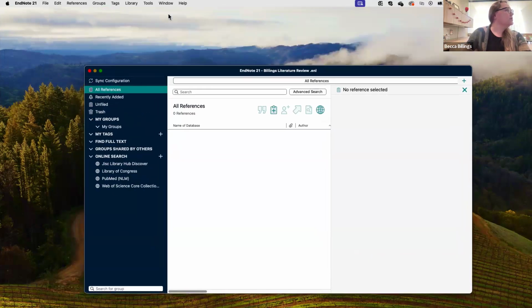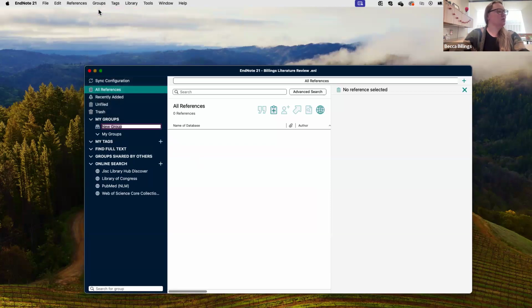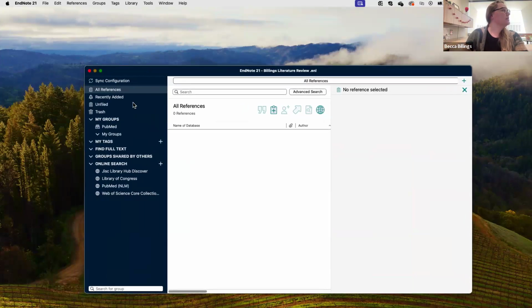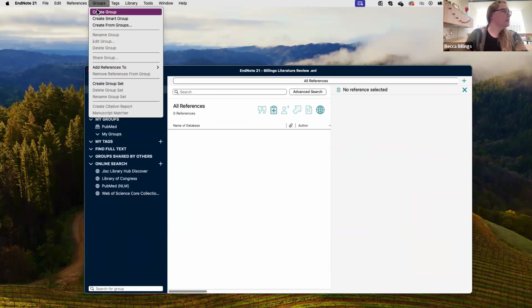Okay. Anytime I'm doing a literature search for someone, I have an individual EndNote library for each project, much like I do with a Covidence review. So I often like to group them by the databases that I've searched, which I'm not going to get into too much detail here, but